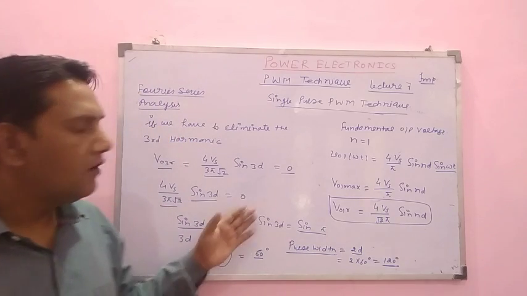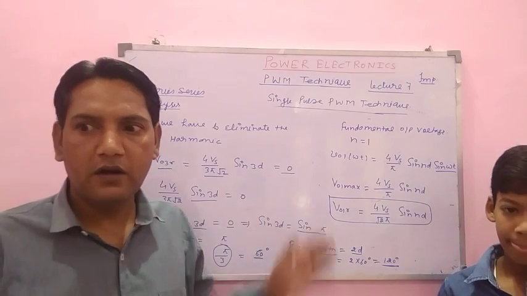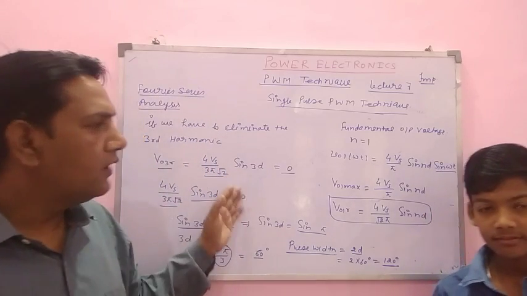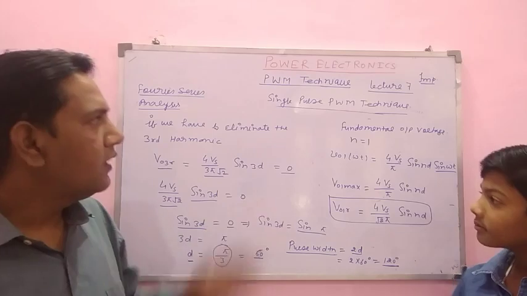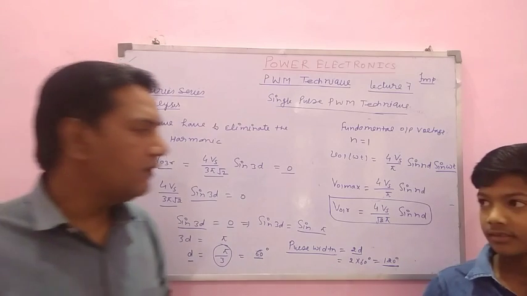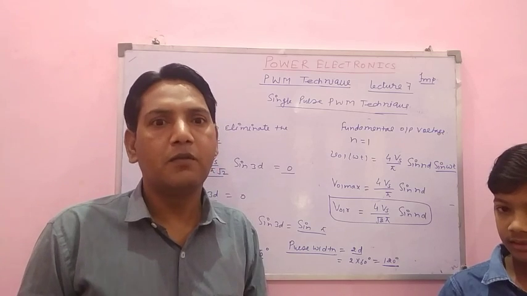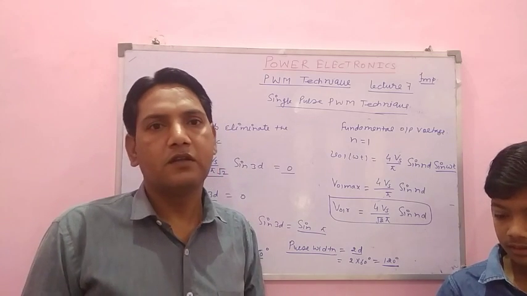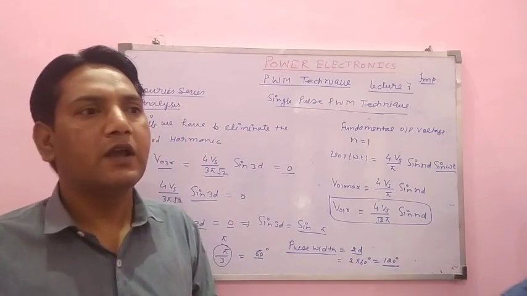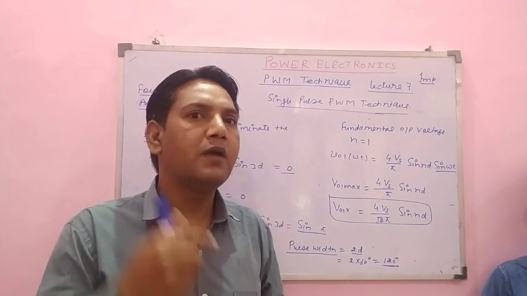In this lecture we have covered different control techniques of the output voltage, that is external control and internal control. In internal control we use pulse width modulation for controlling the amplitude. This is the first type of pulse width modulation, that is the single pulse width modulation technique. In the next lecture, we will discuss the multiple pulse width modulation technique. After that, we will discuss the sinusoidal pulse width modulation technique, and then the multiple pulse width modulation technique with unequal spacing, that is, where the pulse widths will be unequal.